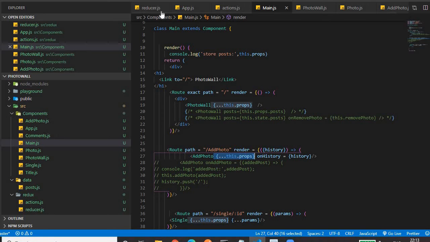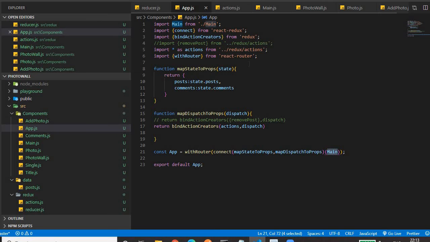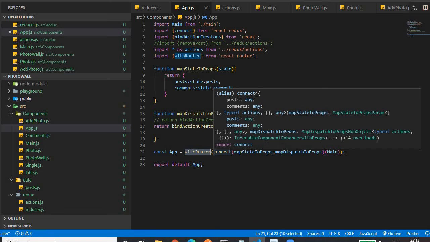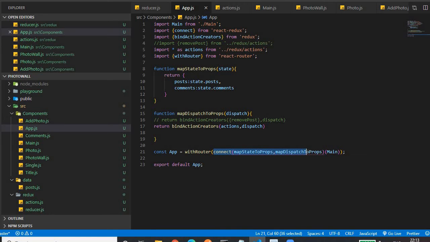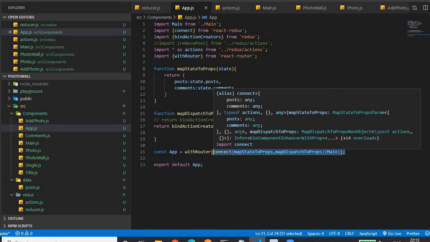That's why with Redux the router usually won't work, so we have to use withRouter. We have to import withRouter from React router. I forgot that. And everything, the connect statement and the main statement, are all within the withRouter.